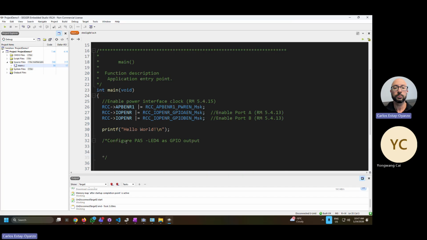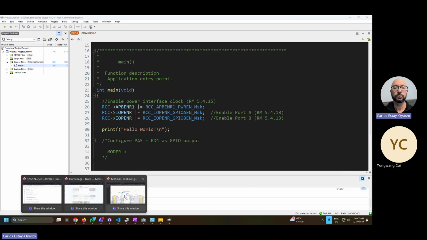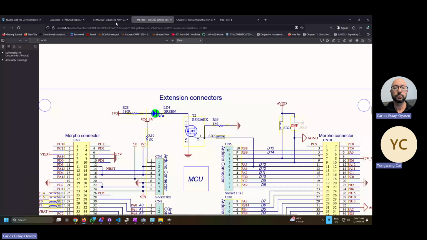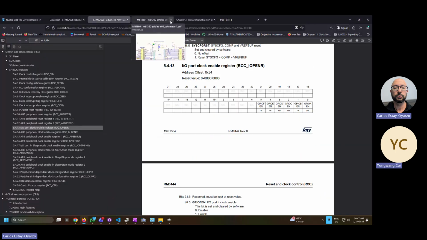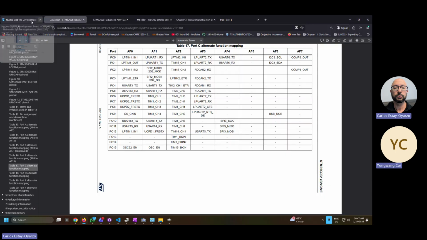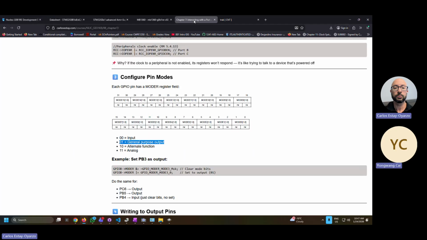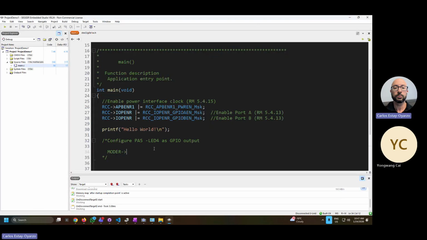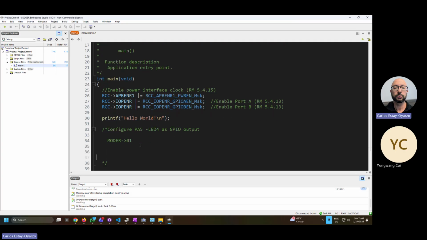Okay, so that means that the mode register needs to have what? 0, 1. 0, 1, excellent. It seems like you've been already studying. Yeah, I have to prepare for that. Oh, okay, that's good to know. 0, 1 is general purpose output. Now, this 0, 1 needs to be obviously in the proper location, in the location of GPIO